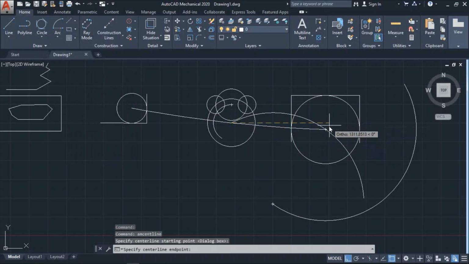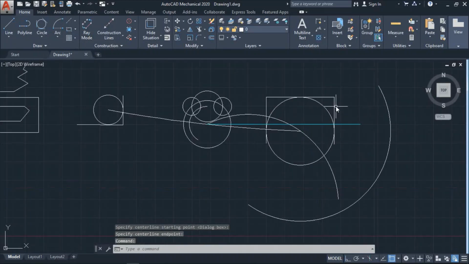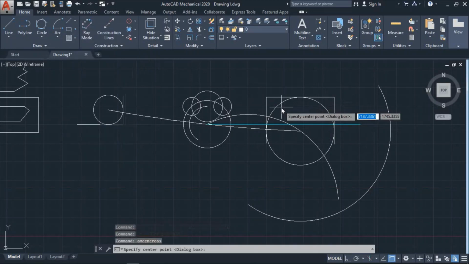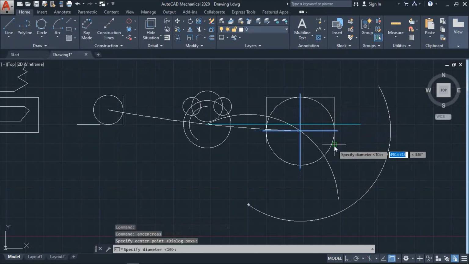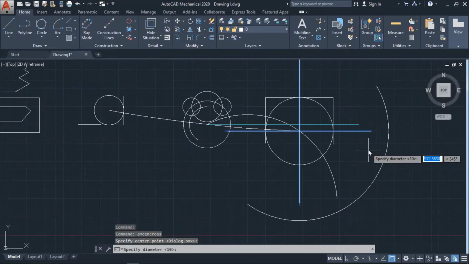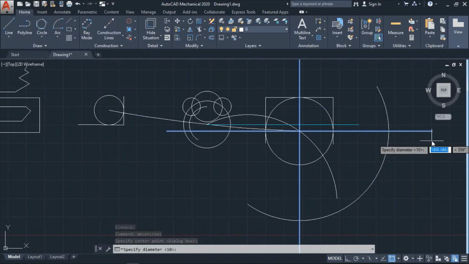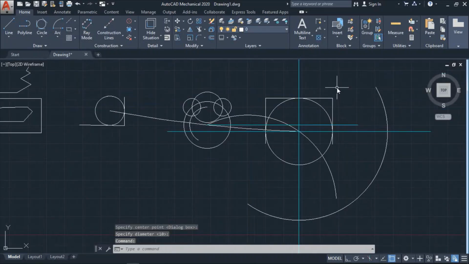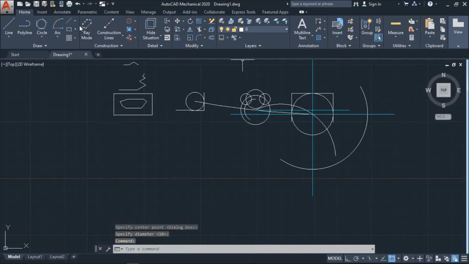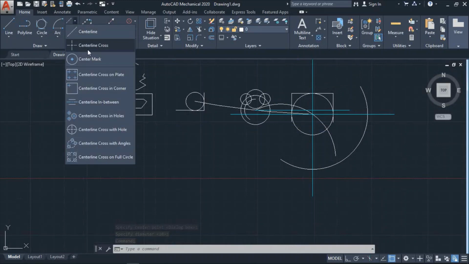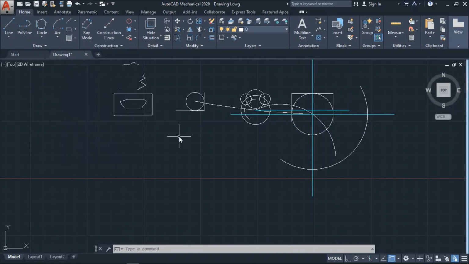You can get a center line from center to center. It's not something to be explained. Okay, then the center line cross, where you have to determine a center line from a circle center to a four line. Okay, you just need to check them out once and you will get the function properly.